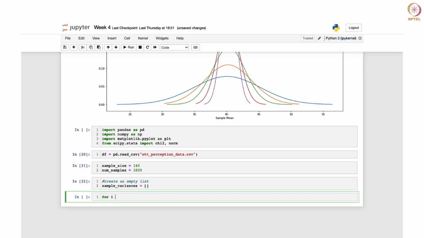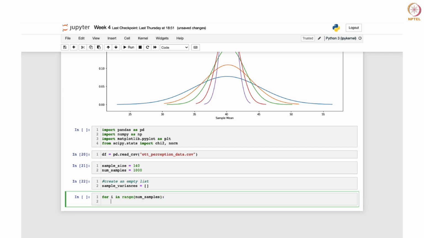For i in range num_samples, and then we would be drawing a sample. Sample is from this data frame. We would be taking a random sample of sample size, that is 140,